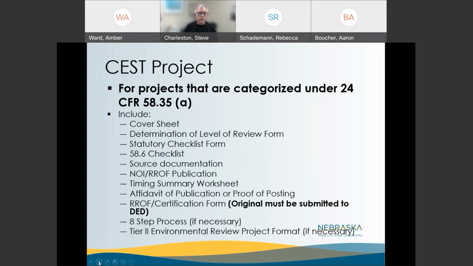The statutory checklist is when we look at that one, and there's 14 items on it, authorities. Depending upon how you review and go through that, there may be sending you on, in terms of that project, to exempt. You need source documentation, of course, and we do have an excellent piece that Aaron put together as a sample on source documentation. And when we get into the statutory checklist and source documentation,